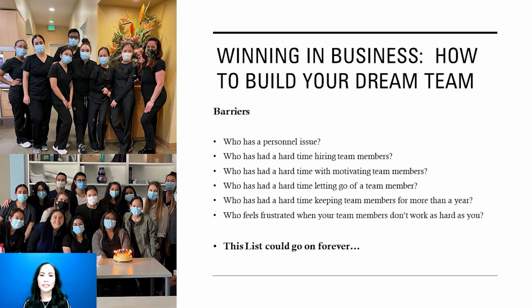Do you have a hard time letting go of a team member? How about keeping a team member for more than a year? Do you ever get frustrated when your team members just don't work as hard as you do? And the list can go on and on. Before I go over how to overcome those barriers and build the team that you want, I want to give